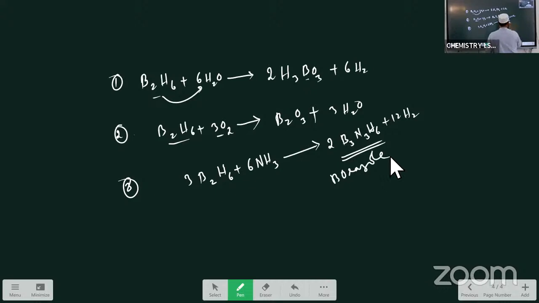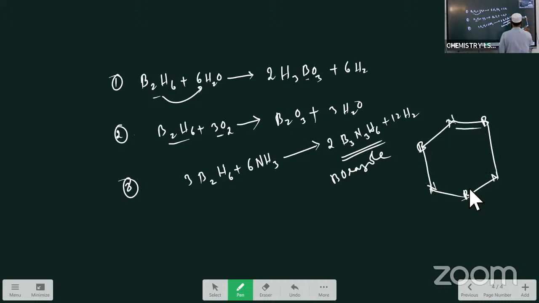In this borazole or borazine, see that this compound exactly resembles benzene. तीनों जगह पे आप बोरान को डाल लो और तीनों जगहों पे आप नाइट्रोजन को डाल लो, exactly इनके बीच में डबल बॉन्ड जैसा बेंजीन में है वैसे ही डाल लो, बोरान पे एक हाइड्रोजन, नाइट्रोजन पे एक हाइड्रोजन. So this is the structure of the